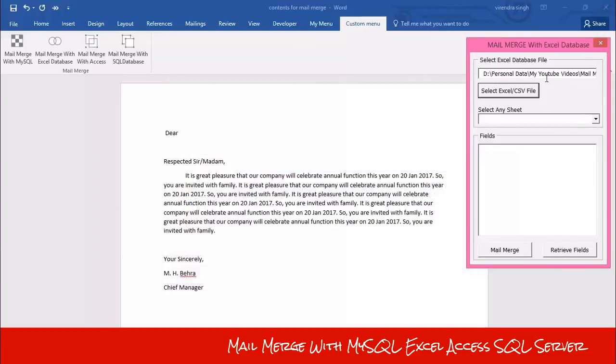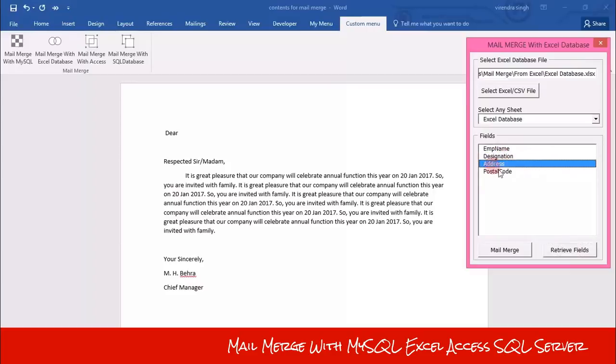Okay, this is the Excel database, and when I select this database, the sheets of this database will appear in this combo box. This is the table or sheet where my data are stored, and then click on retrieve fields.